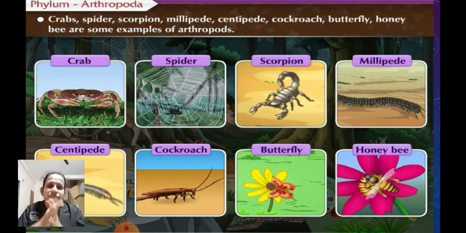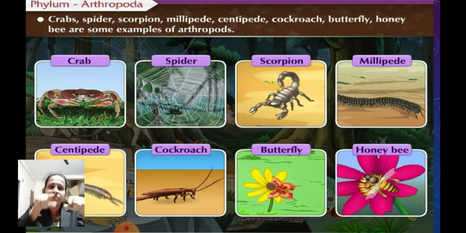No? So crab, of course, yes, I like the crabs. You might also like the crabs, and even our prawns also come in this. Spider, my god, I don't like. Scorpion, millipede, centipede. Millipede, the one which, during the rainy season, is brown, maroon to